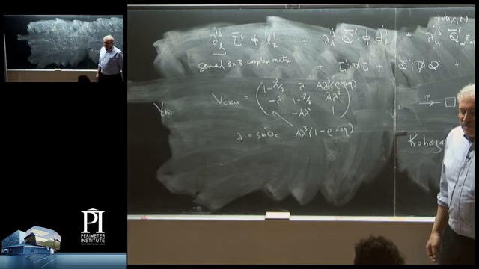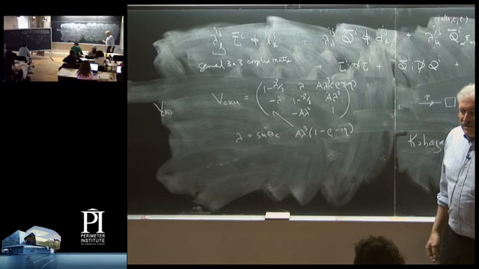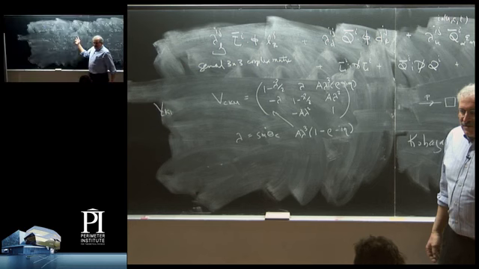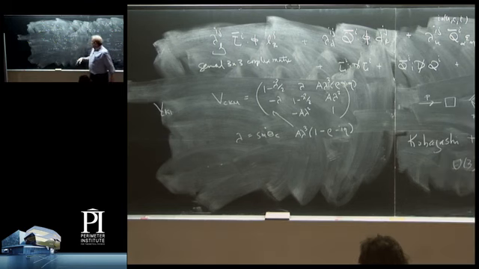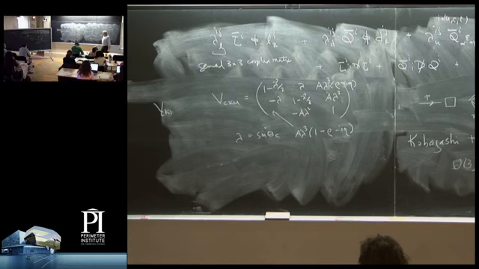Rho and eta are some parameters. There are 3 angles and 1 phase, so there are 4 parameters in all. And I've taken those 4 parameters to be lambda, A, rho, and eta. And eta is the CP violating parameter. OK. So now the question is, can this matrix explain all CP violation in particle physics?